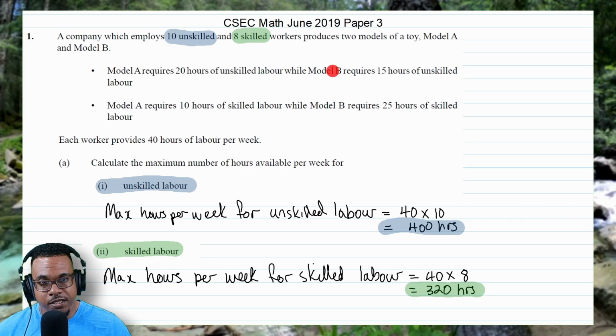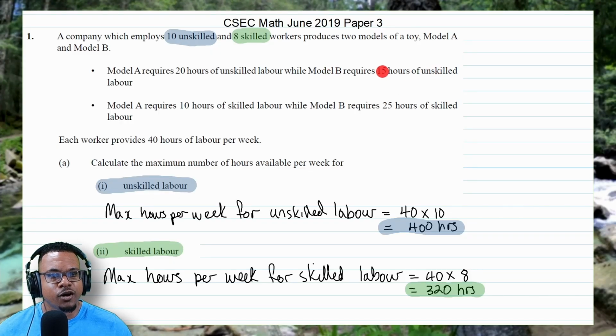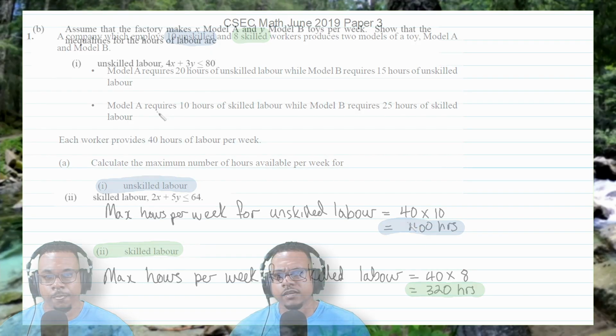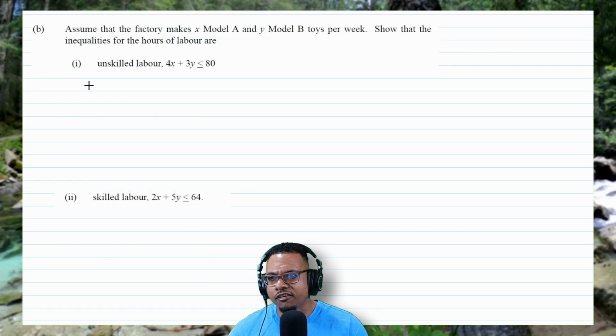All right. And for model B, unskilled labor as well, the number of model B toys is y, right? And you have 15 hours. So 15 hours times the number of model B toys, which is y. So 15 times y will give you the maximum amount of hours of unskilled labor for model B. So when you combine the two, the 20x, which is for model A, and the 15y, which is for model B, it must be less than or equal to the 400 hours for unskilled labor, because this is your max. You can't cross 400 hours for unskilled labor. So coming back here, I'll write the 20 times x plus the 15 times y must be less than or